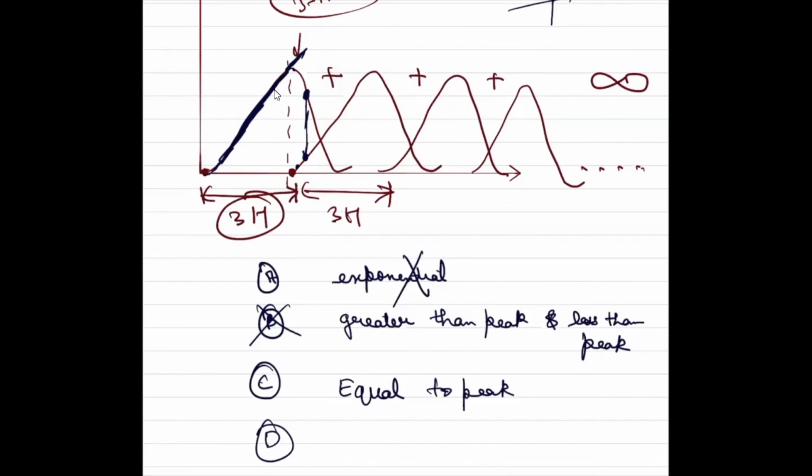Because it may happen that the peak occurs at the 10th hour, because peak and duration of precipitation are not related. A 4-hour precipitation can result in a peak at the 10th hour or 20th hour or 30th hour, depending upon how your basin or catchment is. Peak is essentially governed by the fact that the last drop of water from that catchment has reached the mouth of the catchment. That's where we see that peak has arrived, right? So it may happen that at peak you may have a substantial portion of another hydrograph adding up. So the peak S curve value can be higher than peak.